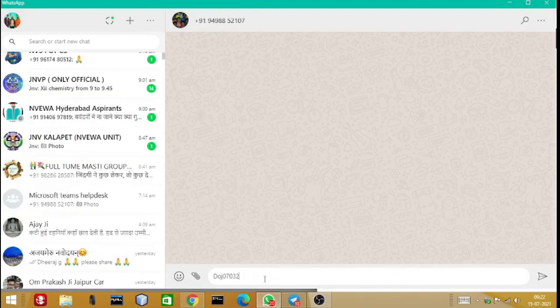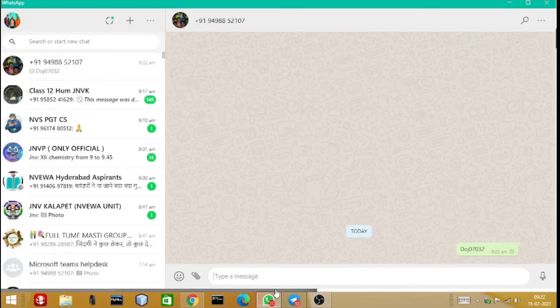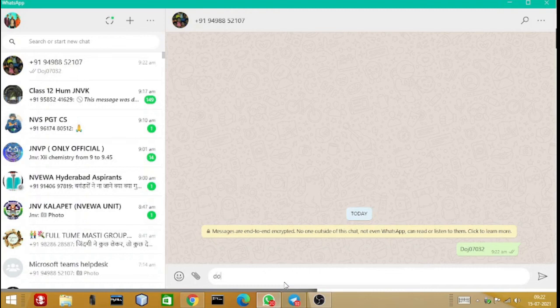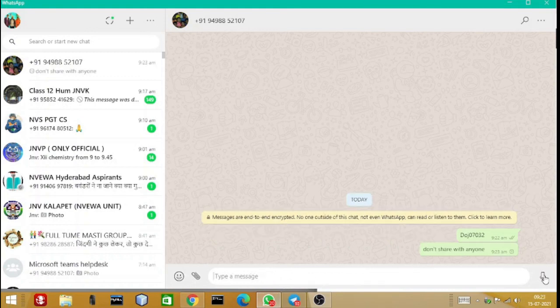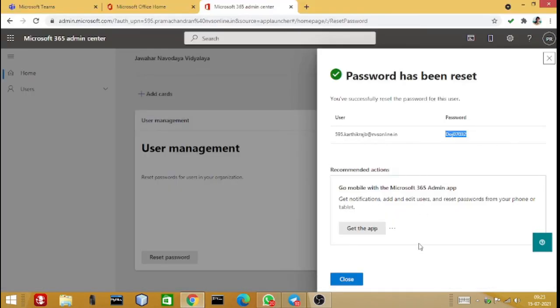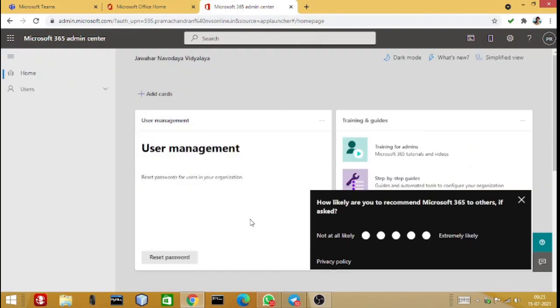So just paste it and give some instruction like don't share with anyone. Any other instruction you want, you can give. I want to give this instruction, so I have typed this. So now this is the quick way to reset the student password.